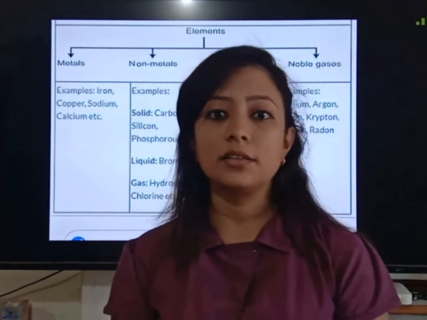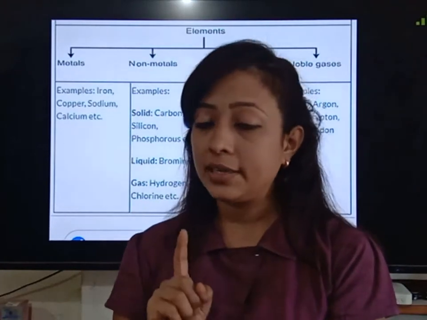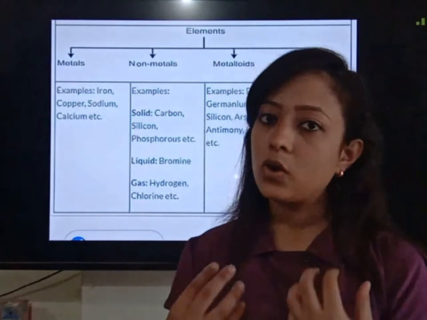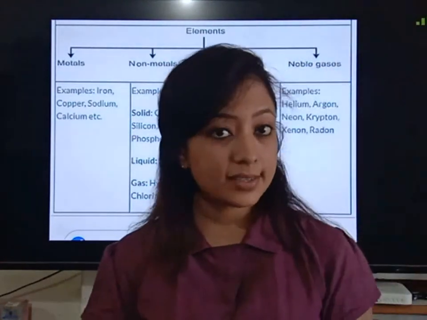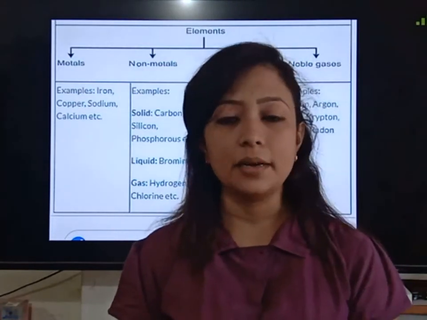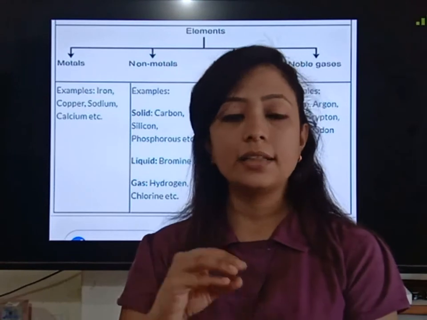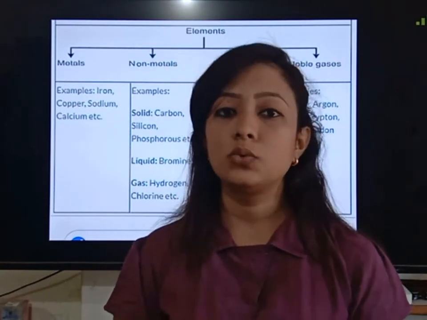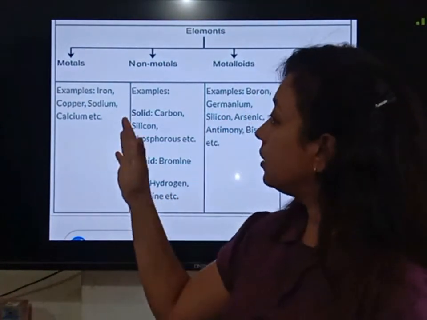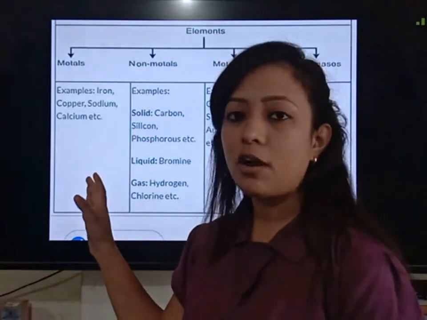So if we take these two metals, gallium and cesium, on our palm, these two metals melt on our palm, because our body temperature is 37 degrees Celsius and the melting point of gallium and cesium is approximately 30 degrees Celsius. So when we take these two metals on our palm, they melt. So remember this. While other metals have high melting and boiling point,